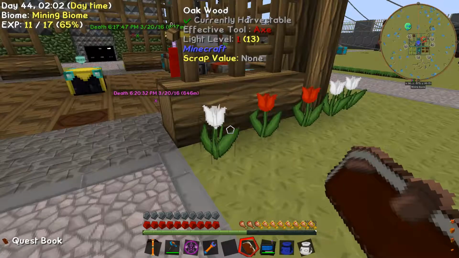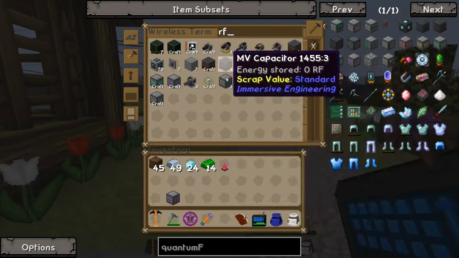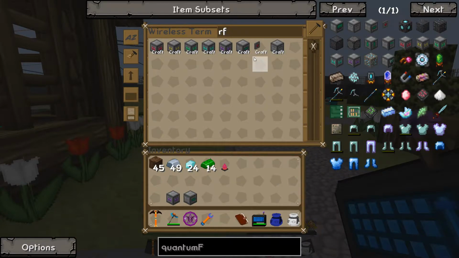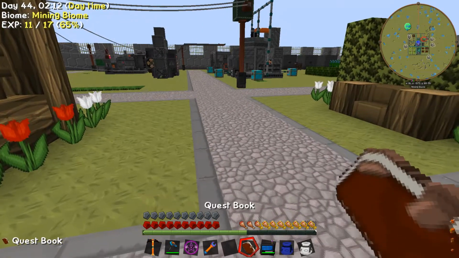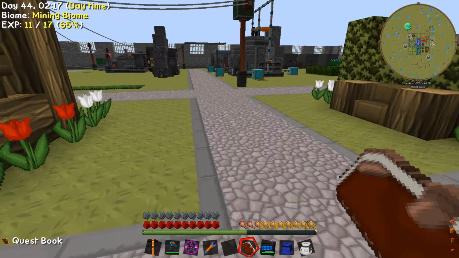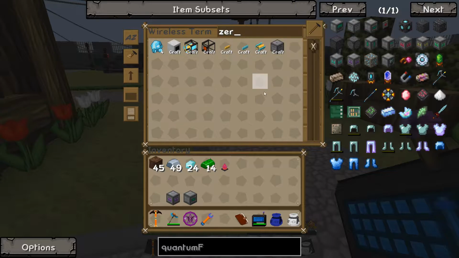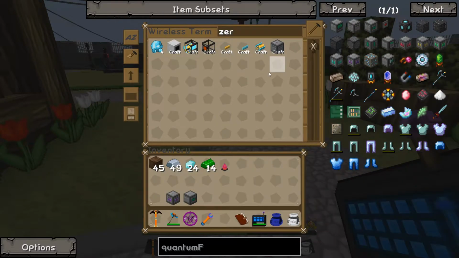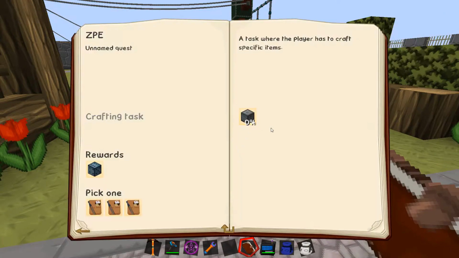So is this done? The RF entangler? Yeah. And I'm really excited for the big reactor. So that's done. Zero-point extractor. Make one of these. That looks like it'll go fairly quicker. Is that a word? Fairly quicker. Let's tell it to...